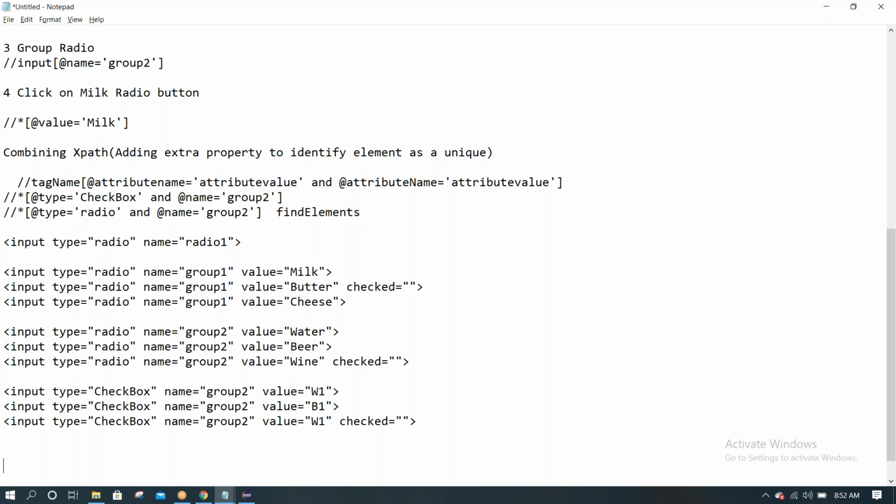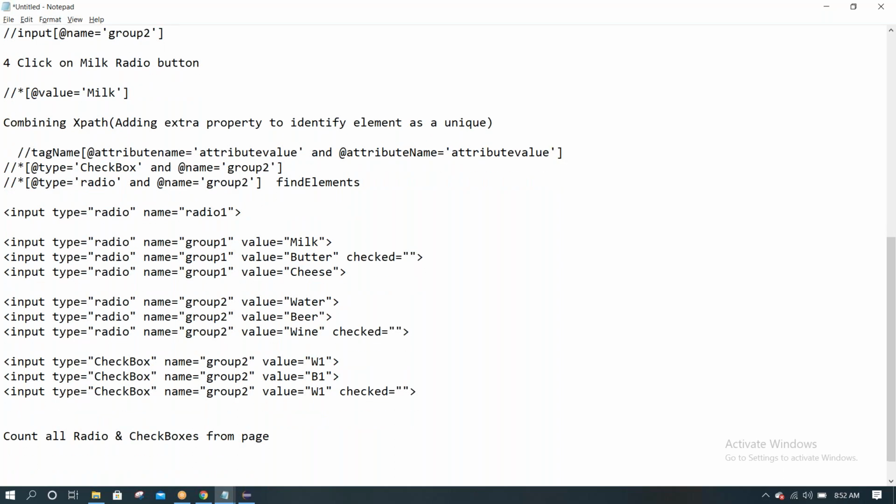Now I want to count all radio buttons and checkboxes from the page. So we are taking the generalized example. It may be a different case as per the application behavior. How to write XPath, that we need to decide here.